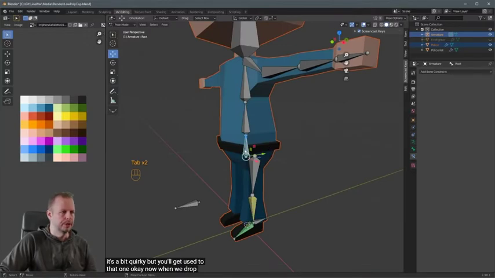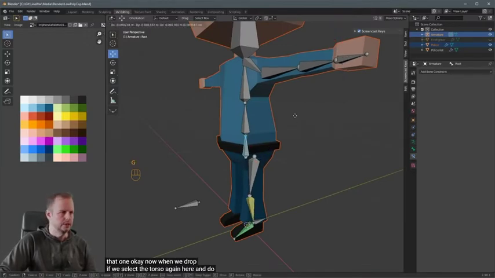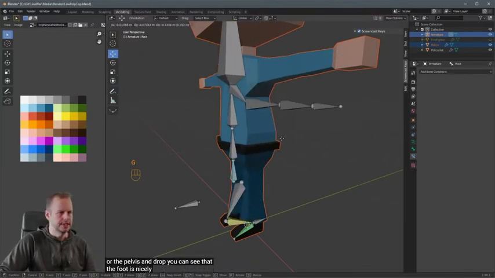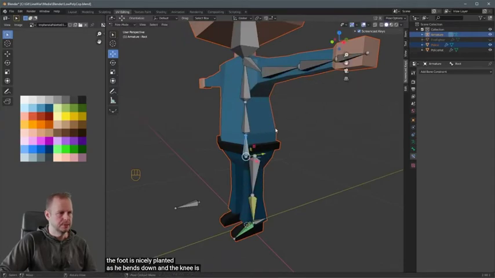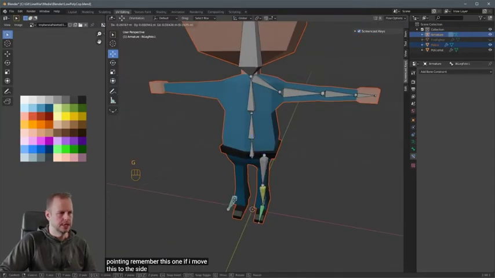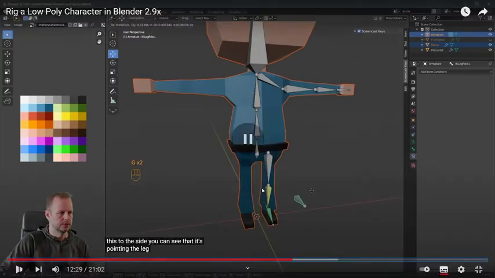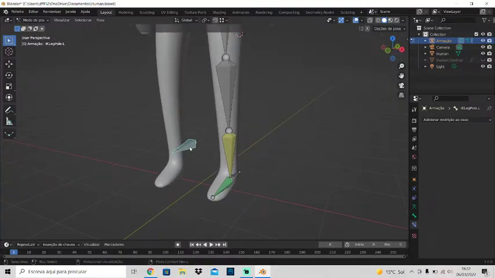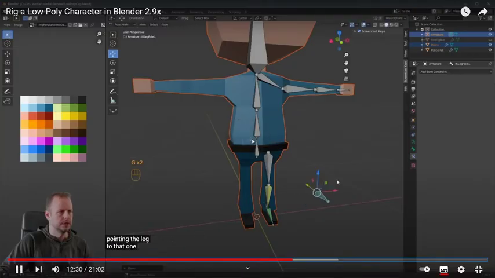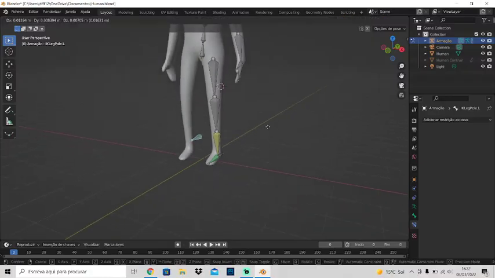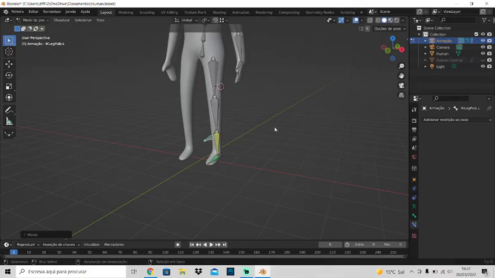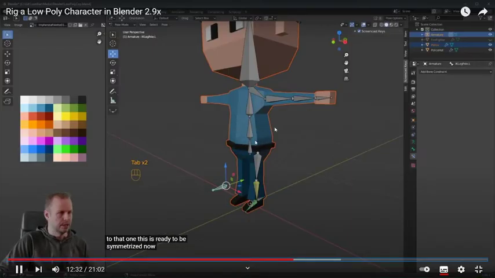Okay, now if we select the torso again, or the pelvis, and drop, you can see that the foot is nicely planted as he bends down and the knee is pointing. Remember this one, if I move this to the side, you can see that it's pointing the leg to that one. This is ready to be symmetrized now. So press